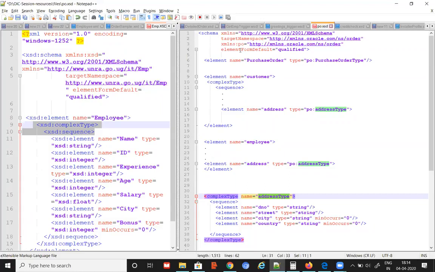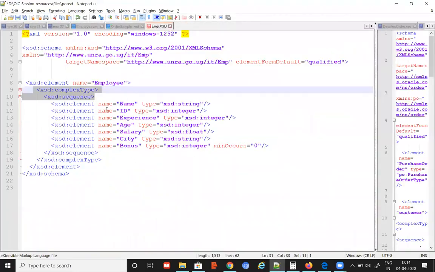Now, you can refer to the elements of the same document with prefix or without prefix. It's up to you. In this case, I decided to refer to my own elements without prefix. How can I say that? Whenever your target namespace value and some other xmlns value are exactly the same, you are going to use that to refer to elements of the same document.